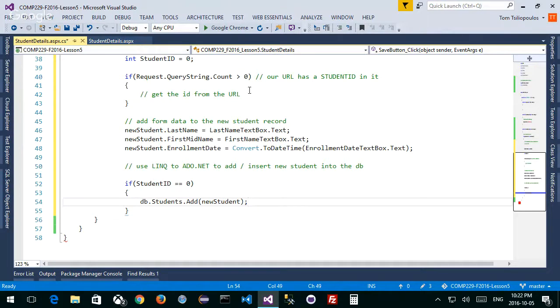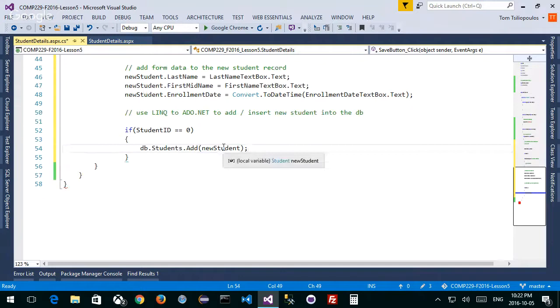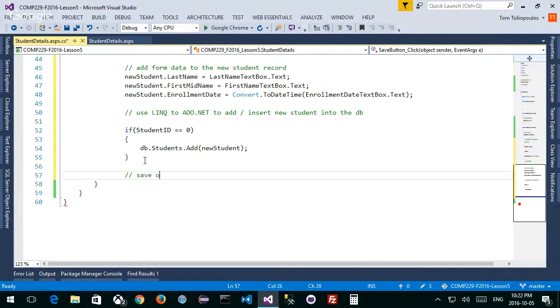But in here, what I'm going to do is I'm going to say something like this. I'm going to say, hey, make the student ID equal to the student ID that I'm getting from the data table. I haven't done that. I haven't coded that yet. All I'm doing is going to add the student in. So this is what this does. Okay, once I've done that, all I need to do is save our changes. And this also, by the way, updates and inserts.